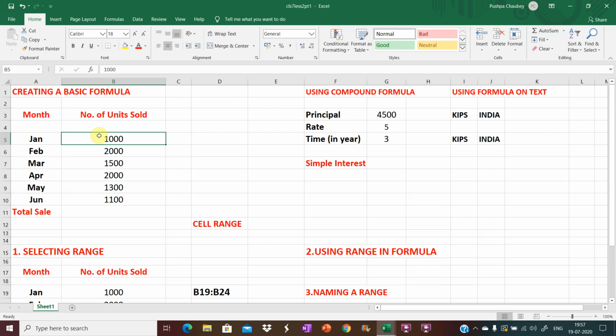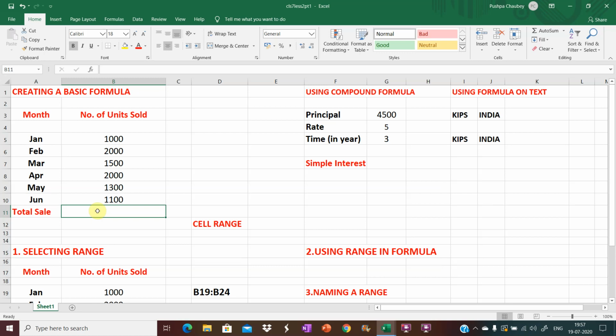Next, we will learn how to create a basic formula. Children, a basic formula involves only one type of operator in it. To calculate the sum of the number of units sold written in column B, place the cursor on cell B11 where total sale is to be calculated.